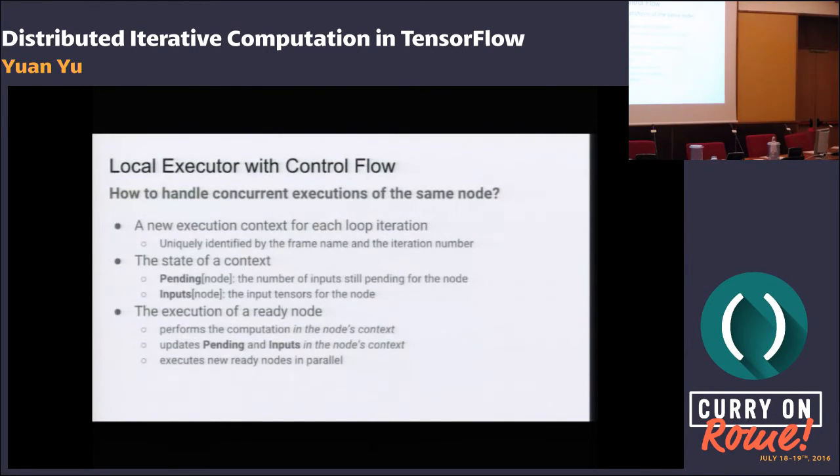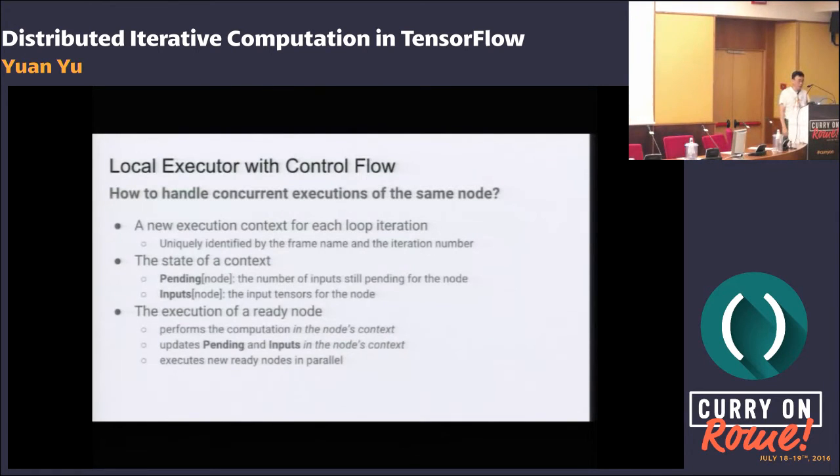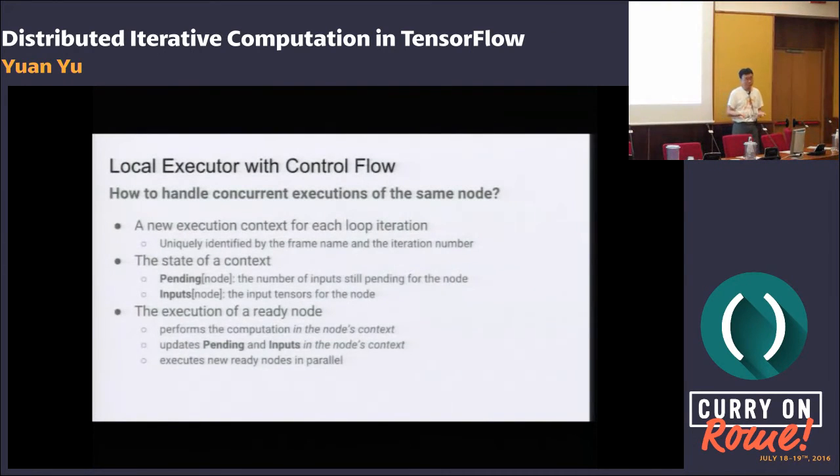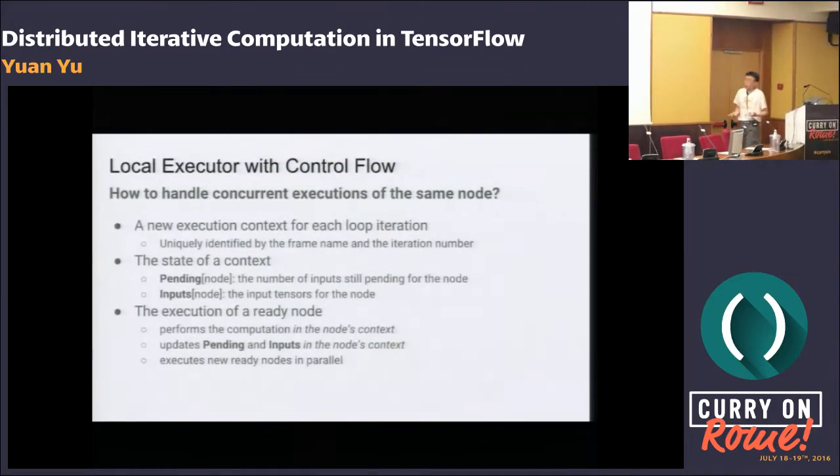So how do we deal with while loops? In the case of while loops, we need to execute the same node multiple times, because there is a cycle. The way we do it is by introducing an execution context for each loop iteration.